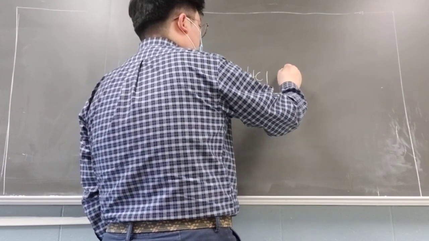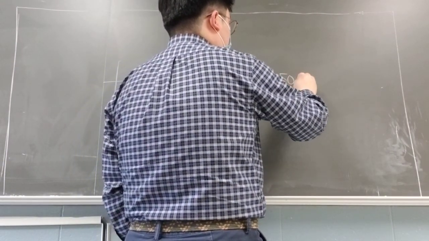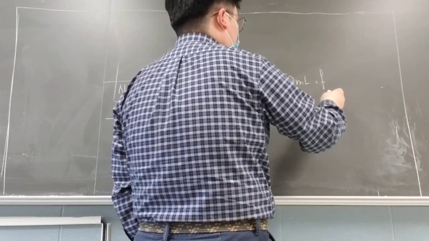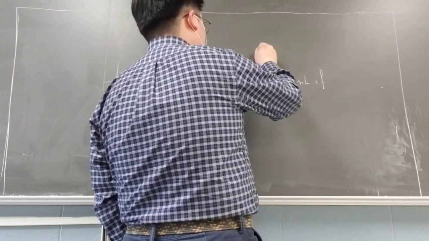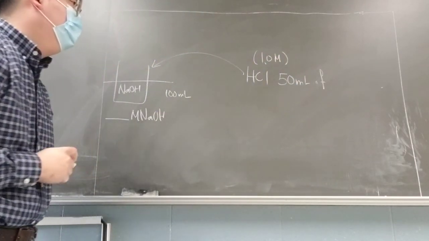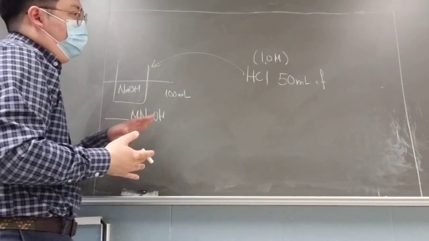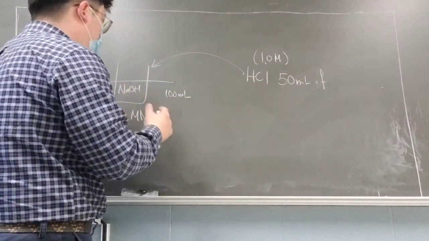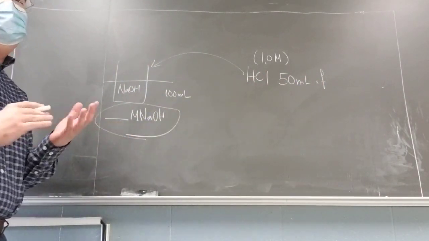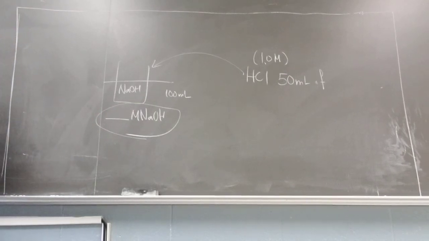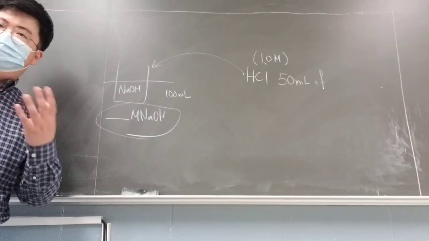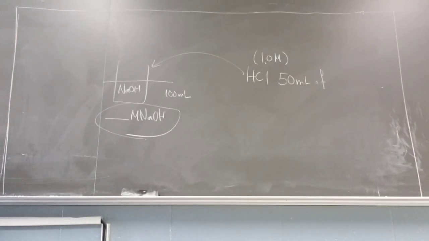We added about 50 mL, and we know the concentration of your HCl was about 1 molar. And then, after adding about 50 mL, you saw the color change. What was the initial concentration of NaOH? Because as you keep adding, the concentration will already have changed, but before you did,